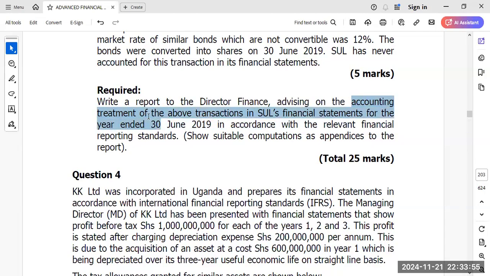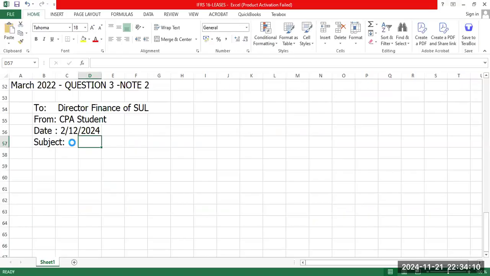Here, accounting treatment of the above transactions. So I can say accounting treatment